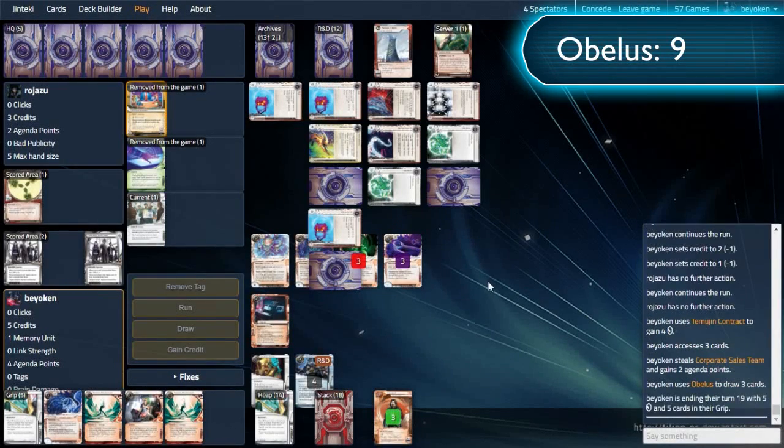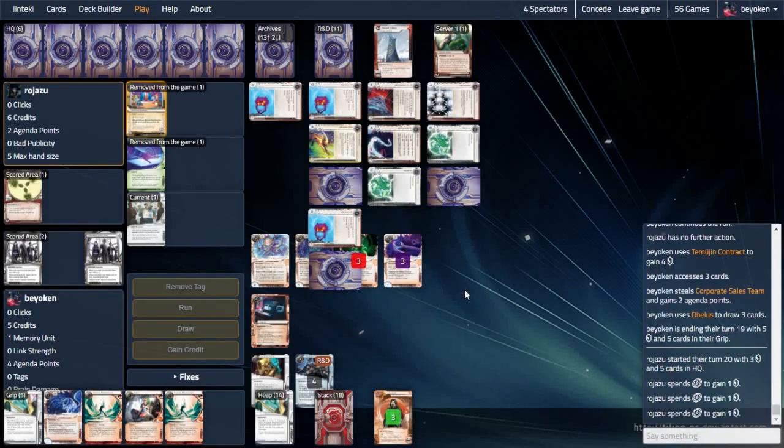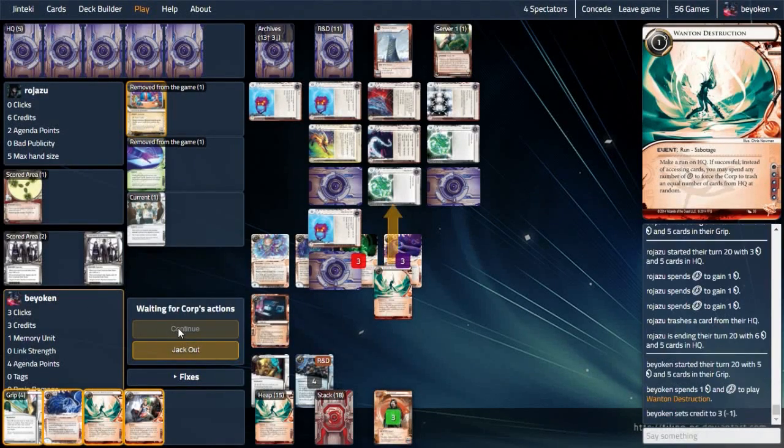I wanted to see more agendas off that, but I'm pretty sure most of the agendas are in hand by now. Haven't seen a Jackson in ages, my opponent hasn't scored in ages, so where are the agendas? They're obviously in hand. How am I going to get to them? You guessed it. Wanton Destruction. Once more. If my opponent hasn't learned their lesson by now, it's that they really do need to protect HQ